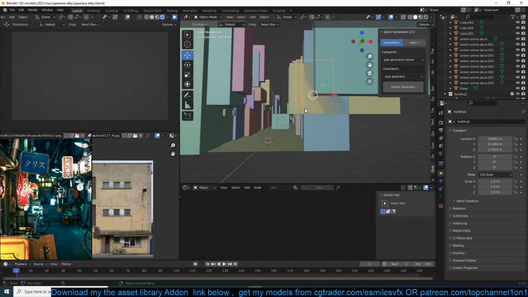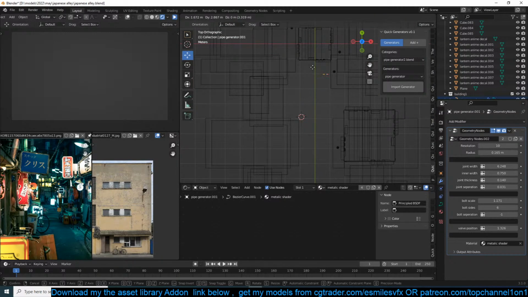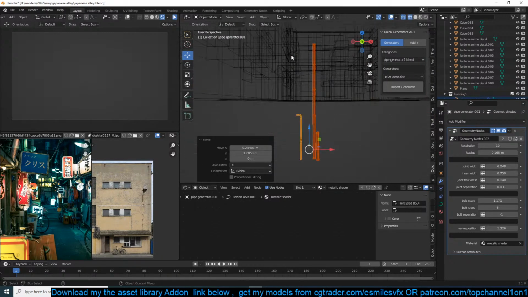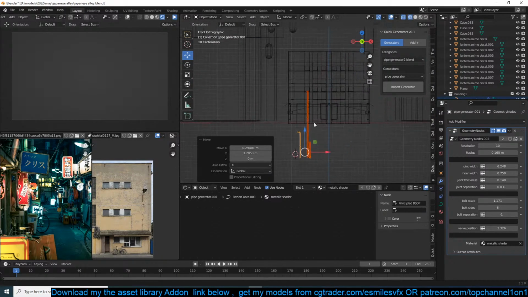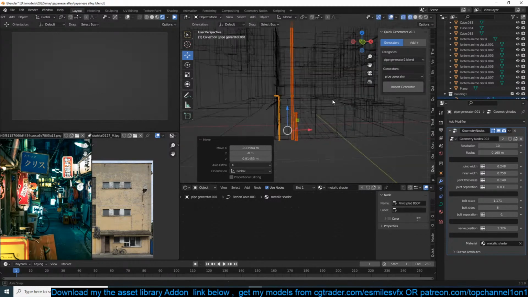Oh, and let's not forget the pipes. Equally important.